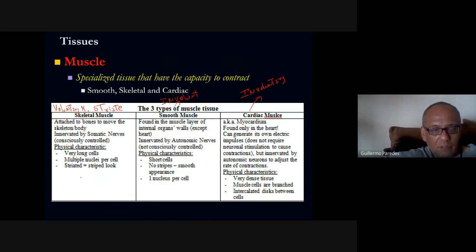A skeletal muscle, just remember, is cylindrical. This is a more elongated cell. The skeletal voluntary striate muscle has multiple nuclei, a lot of nuclei everywhere, like a potato. And here we have the smooth muscle, which has only one nucleus. But here in the skeletal muscle, we have